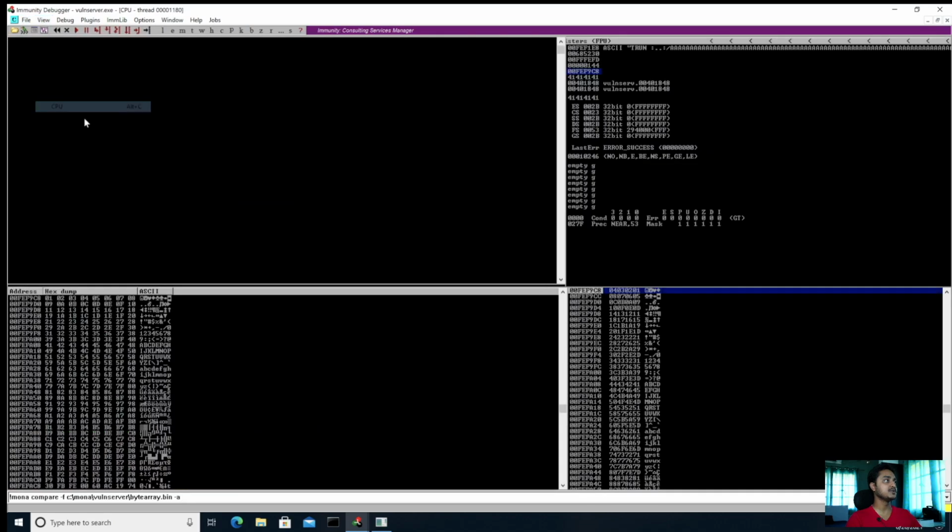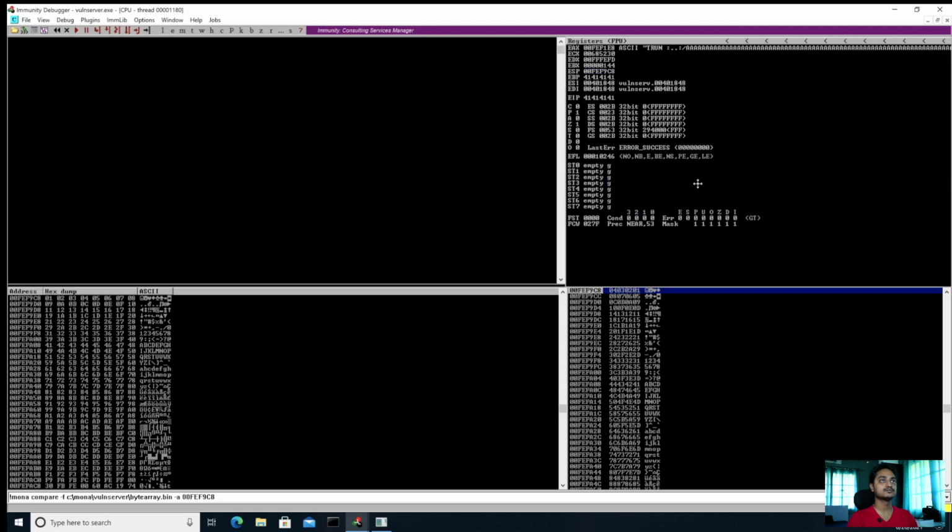View, go to CPU. The stack address ends with C8. So just pass the address there, which is 00FEF9C8. As you can see, it is the value of ESP, the value of the ESP we have passed.